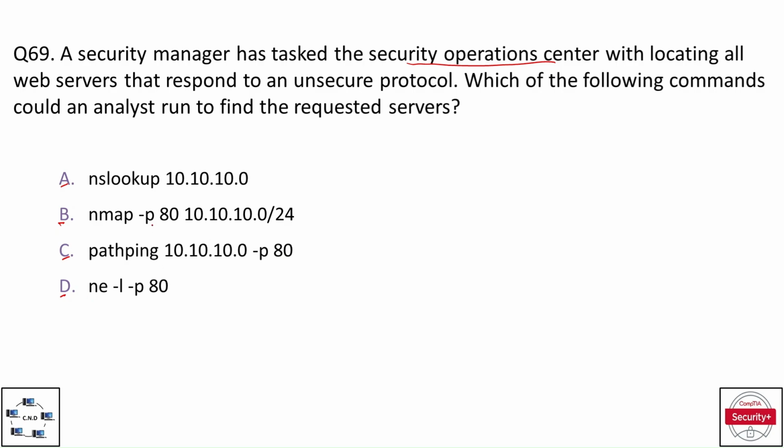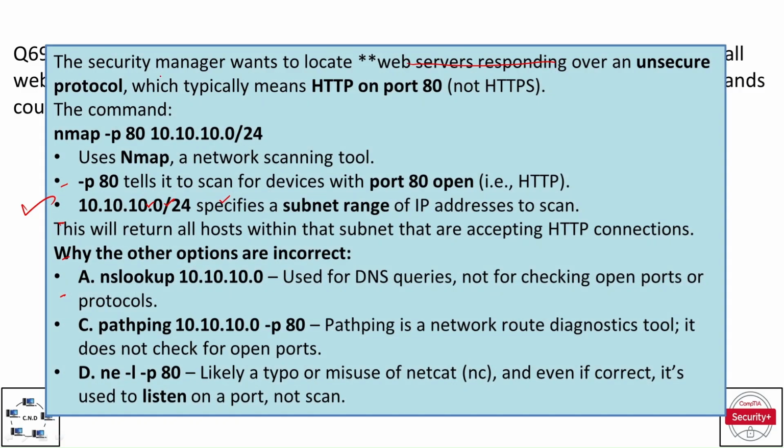And the correct option is option B, nmap -p, where this P flag stands for port, and this is the port number, and this is the network, that is 10.10.10.0/24. So the security manager wants to locate web servers responding over an unsecure protocol, which typically means HTTP on